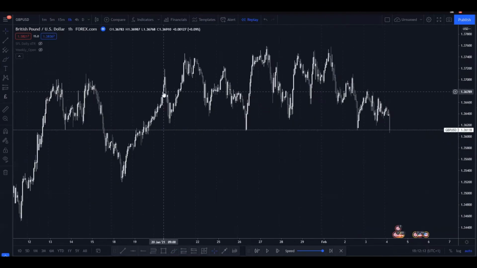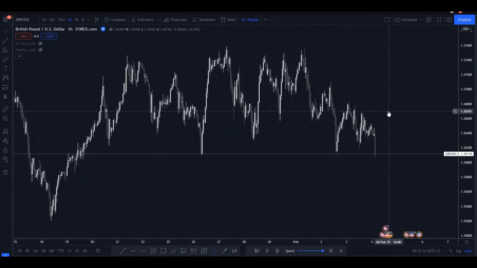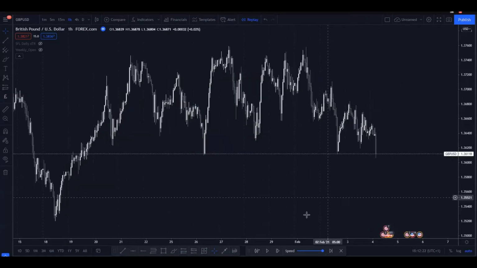It's not in a clear pattern from the 20th of January. It's in a very big range. And this was another example of the market actually pricing the decision, as what we see on the day, if